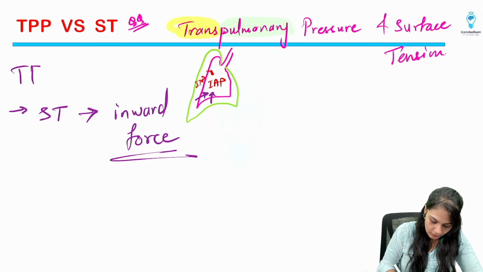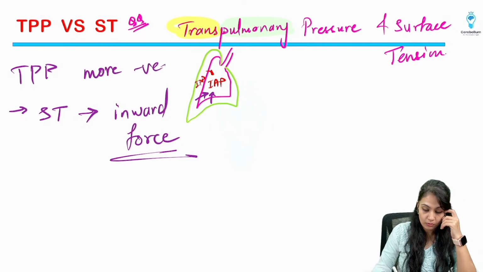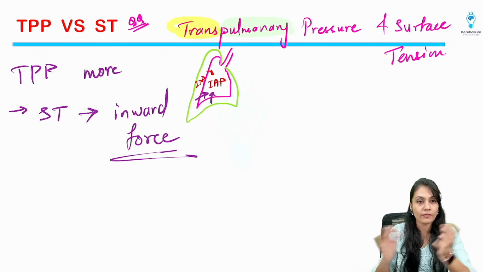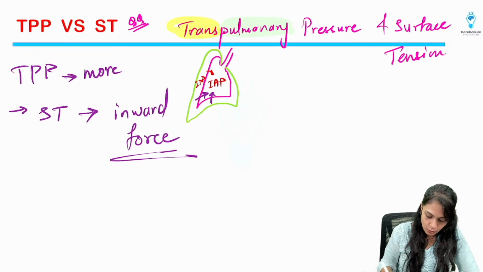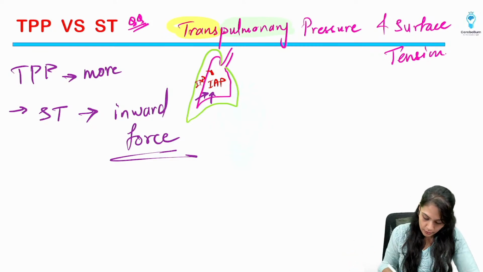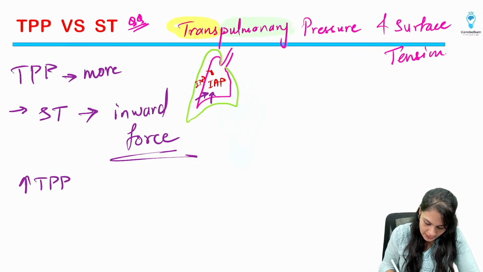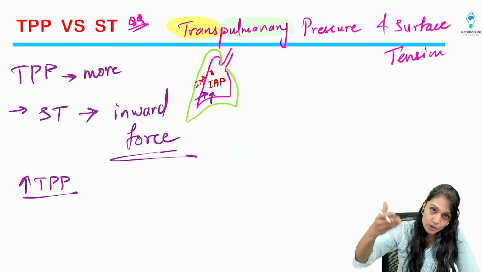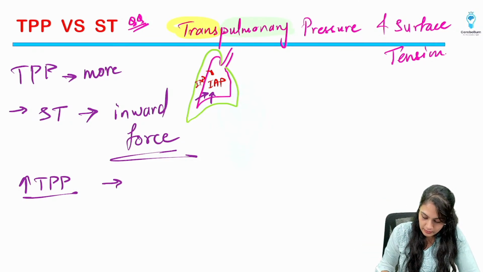Let's say TPP is more. TPP is the value which is the difference between the two. So if the TPP is more, then the surface tension is going to be counterbalanced. Now what is going to happen? What is the relationship between the two? The more the TPP, the transpulmonary pressure is the one which is increased. That means there is an increased chance or increased outward recoil which is going to be present,